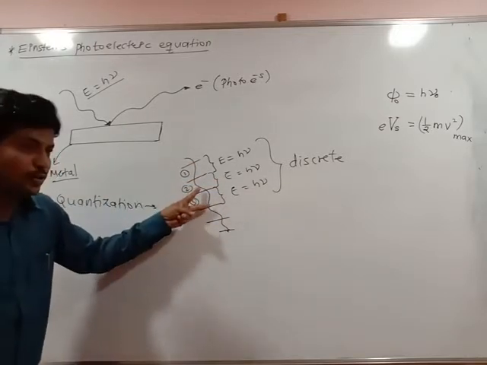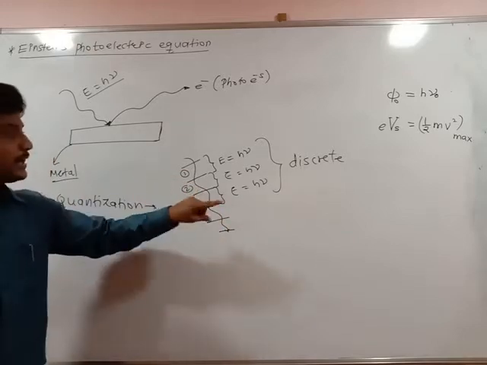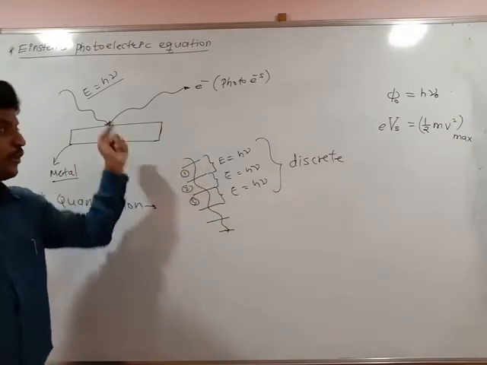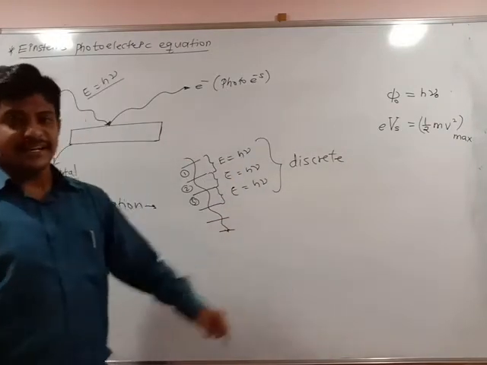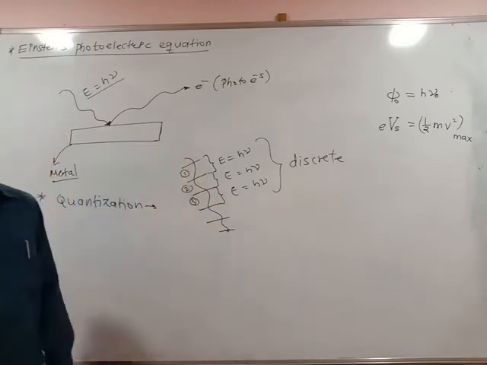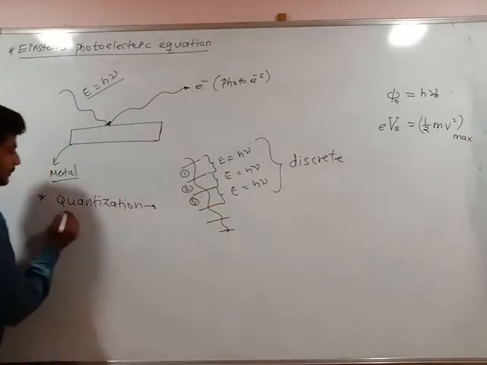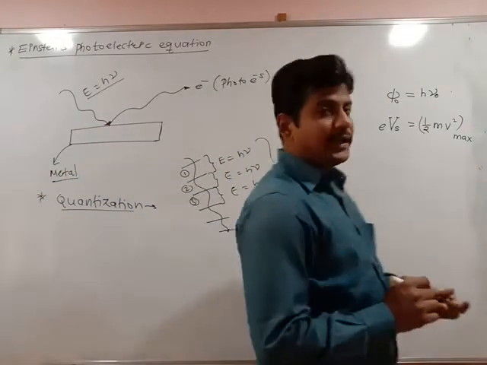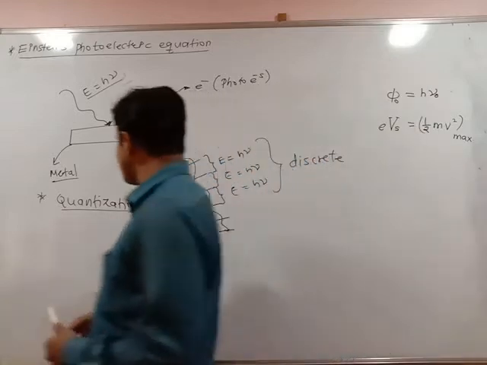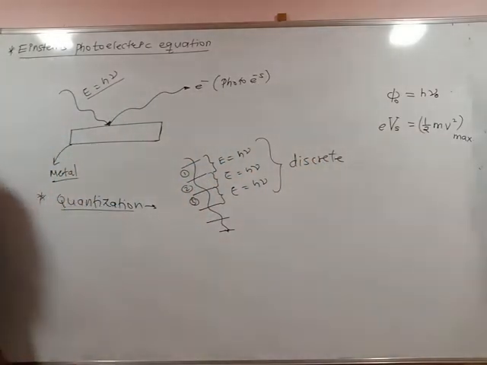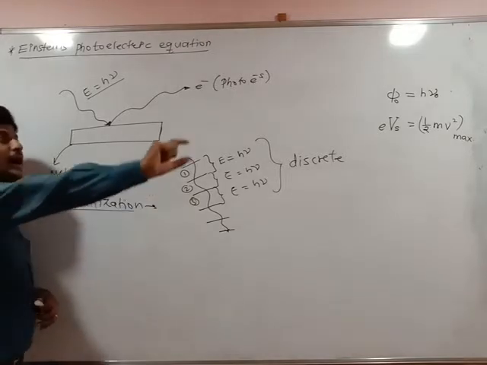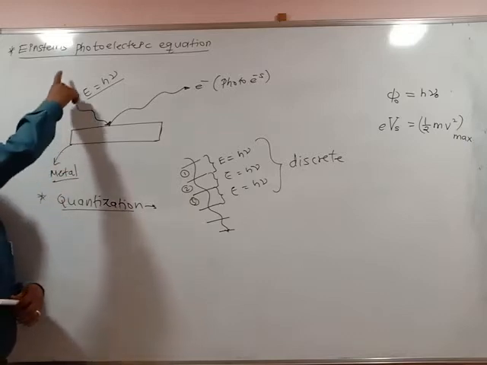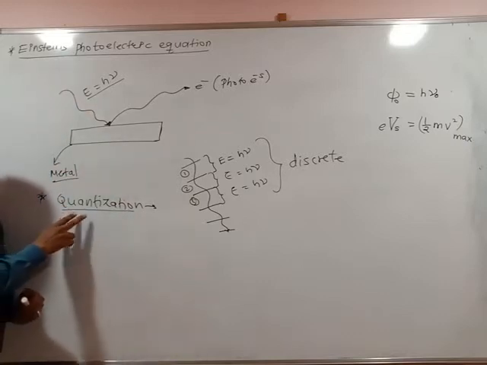Means if one photon of energy h nu falls on an electron, the electron ejects. A second photon of energy h nu falls on an electron, a second electron ejects. A third photon falls, and the third electron will also eject. So this is said to be discrete energy, and this discrete energy is nothing but the quantization of energy. Continuous energy divides into discrete energy, and this process is called the quantization of energy. So keep in mind, in the book there is a heading, Einstein's quantization of energy and photoelectric equation. I have written only Einstein's photoelectric equation here. So what is quantization?